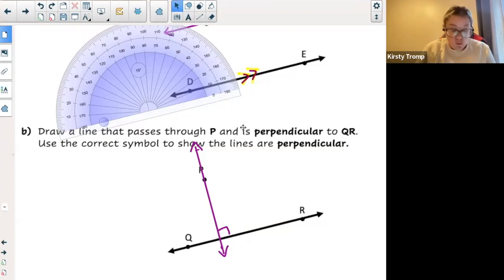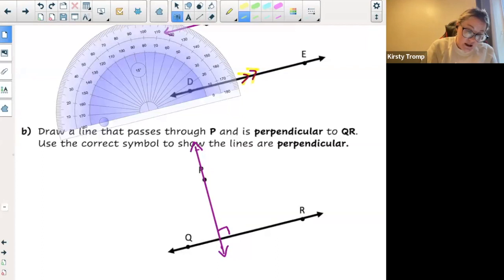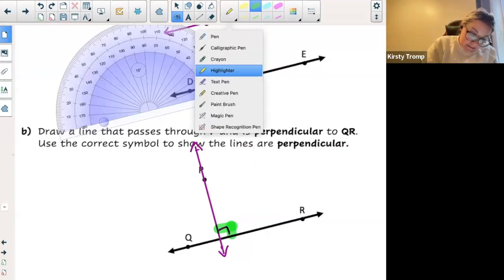For this question, we pulled out our trusty protractor. We made a 90-degree angle, and we drew our line going down. Now what did we need to draw to show that those lines were perpendicular? We needed to use the symbol for perpendicular. The symbol for perpendicular is this square, or this block, some people call it. That block or that square means that,